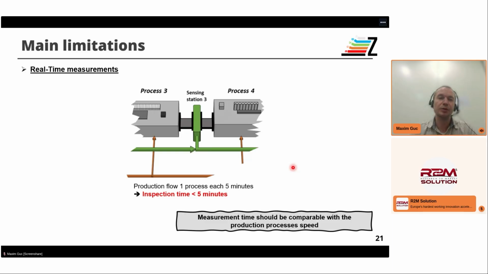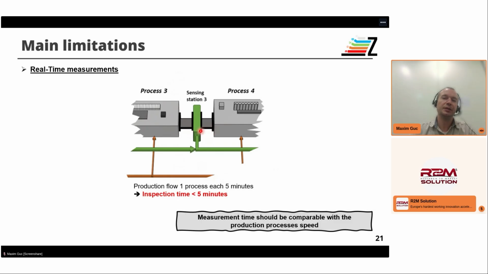However, when you go to the production line, you have specific timing for each production process. If one of the production processes, like the one presented here, results in a product every 5 minutes, so this step is finished every 5 minutes and we get a new sample from this process,